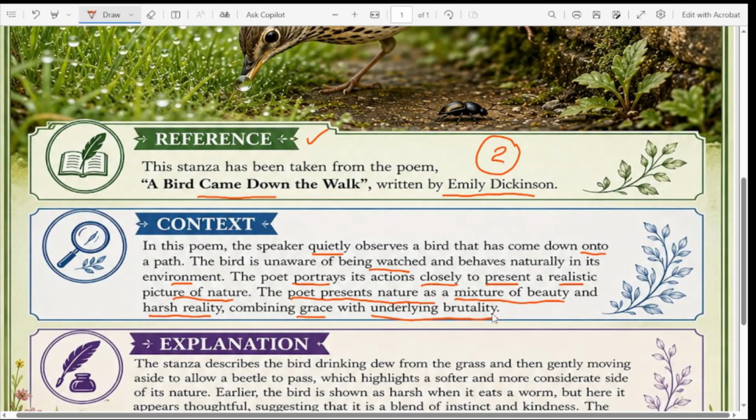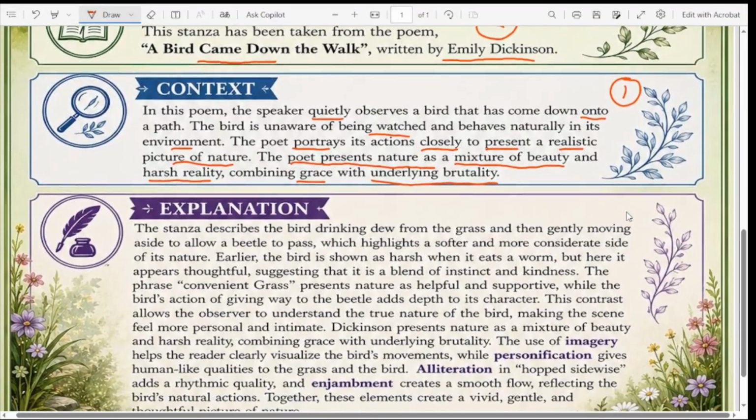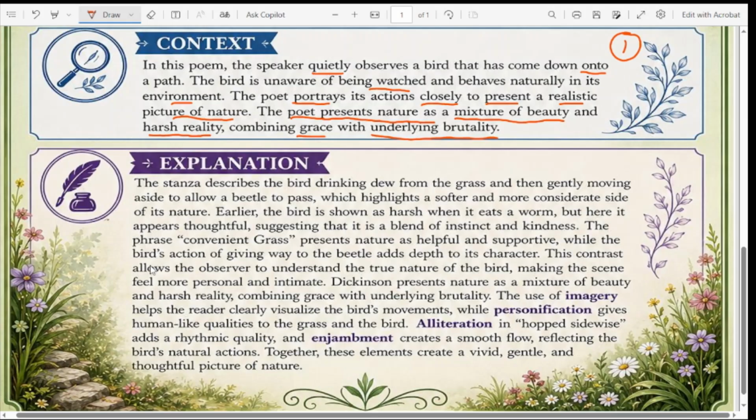So this is the context, and you will get 1 mark for this context. If your reference is correct, then you will get the next 1 more mark. The next one is very important. Here we have the explanation. In this explanation, the stanza describes the bird drinking dew from the grass and then gently moving aside to allow a beetle to pass. This is a gentle gesture, and it's a personification, as we people behave with one another,